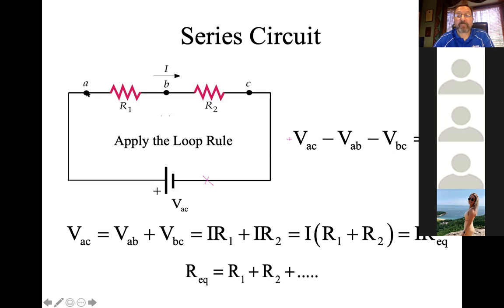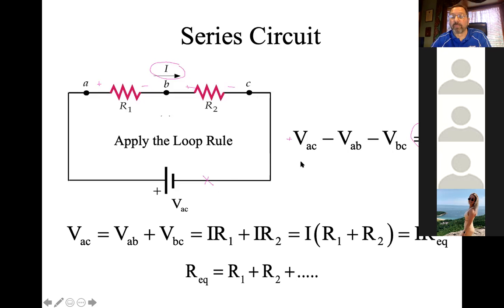Okay, I get up to here, and now I'm subtracting off the voltage across that resistor because this side has a higher voltage than that side. That's what makes the current move in that direction. Okay, and so I subtracted off the voltage from A to B, which is the voltage across resistor 1. And then on this resistor, that must be the higher potential side if the current is still going to flow from left to right, from B to C. And so I have to subtract off that voltage. And of course, I'm back to where I started right here. I'm at my X. So the sum of the voltages around that loop has to be 0.